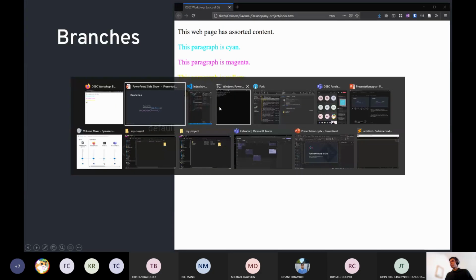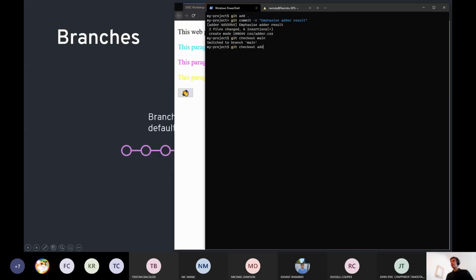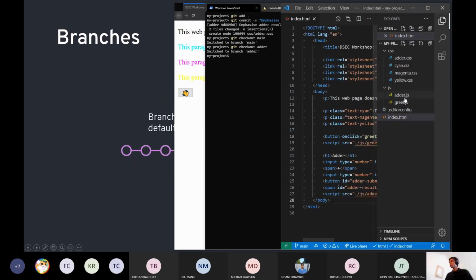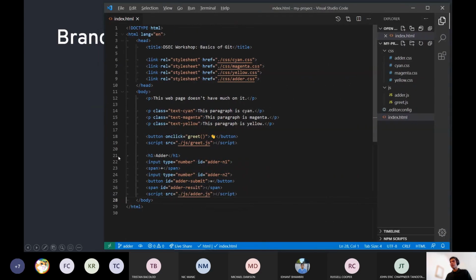Then if I switch back to the adder branch, it now displays the changes that we did exclusively on the adder branch, so these changes and the adder.js file that we added.